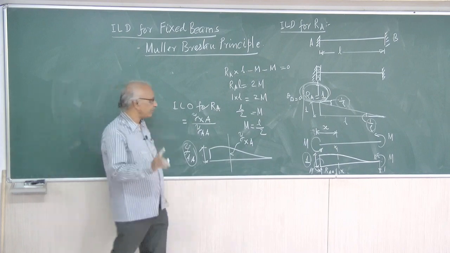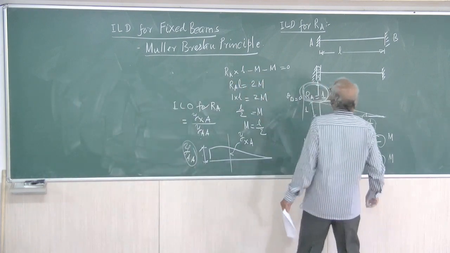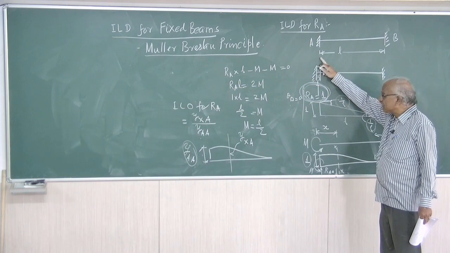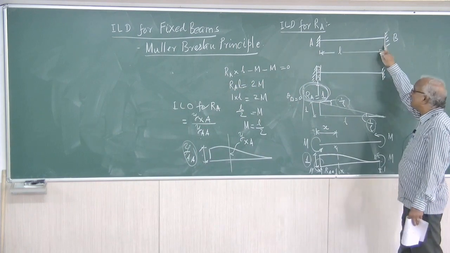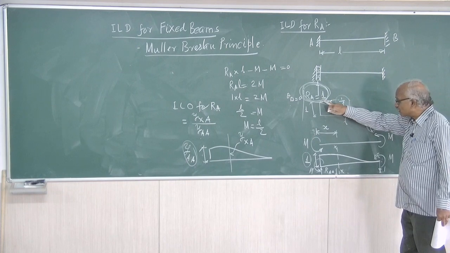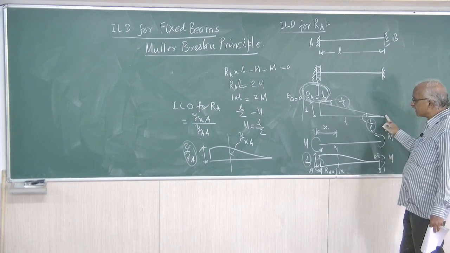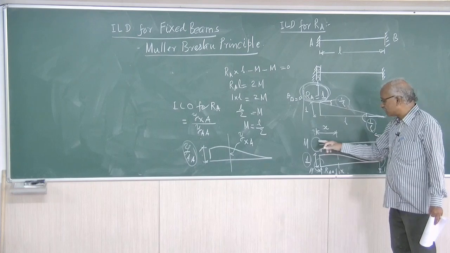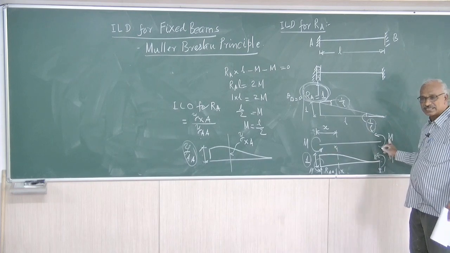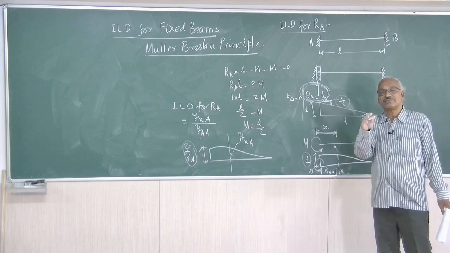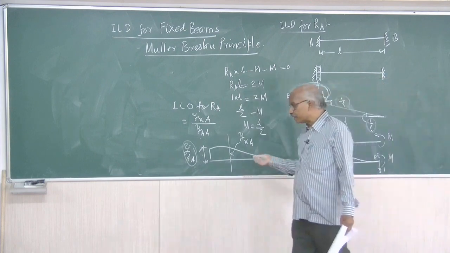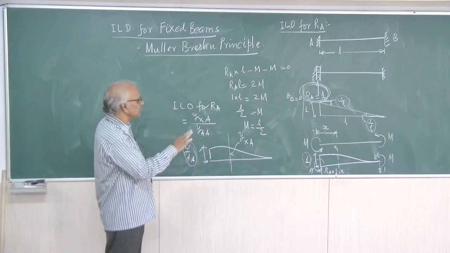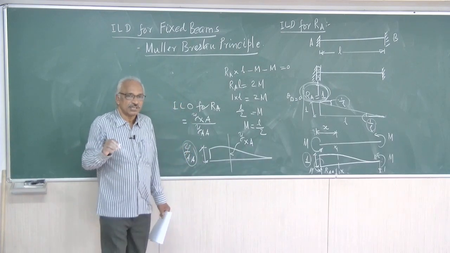So the point to be maintained here is to remove only RA carrying capacity. Because A and B are fixed, you have to maintain 0 slope here and 0 slope here. Theta A equals 0, theta B equals 0. So these two moments you will have to remember. This is the additional thing other than what you have studied under continuous beams or propped cantilevers. If this information is known, otherwise it is only a usual problem.